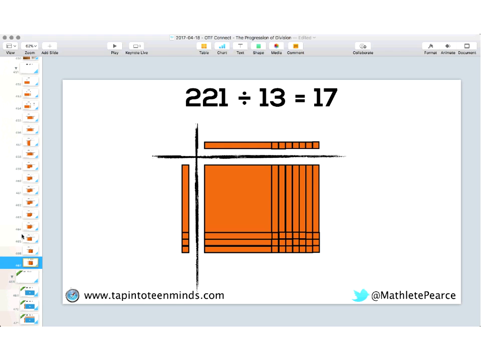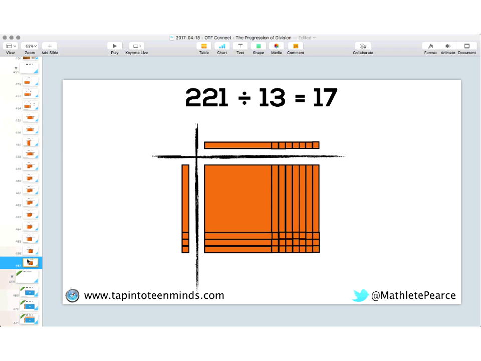We started in grade 2 with fair sharing 12 carrots, and we've already made it into grade 5 and grade 6 doing some of this pretty heavy lifting, this question in grade 5, where most of us might just jump straight to long division, but we know a lot of students are going to struggle. Students are going to struggle to use these base 10 blocks and to come to an answer. It's not about speed. It's about that strategic competence that they're building, that conceptual understanding.